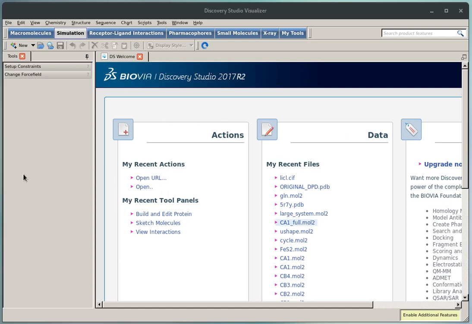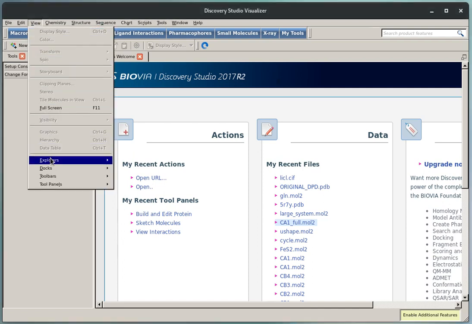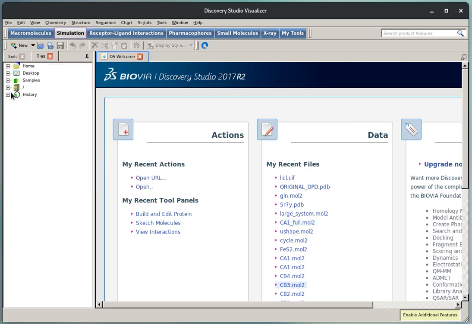Now, in this prac, to be able to start, we need to access the File Explorer, and on the left you'll see there's only a Tools Explorer. You might have a Files Explorer already, but if you don't, we need to make it visible. The way you make the File Explorer visible is you go to the View menu and you go to Explorers and you just tick to make sure that the File Explorer is visible, which means that on the left hand side you have the Tools Explorer, but you also have the Files Explorer,